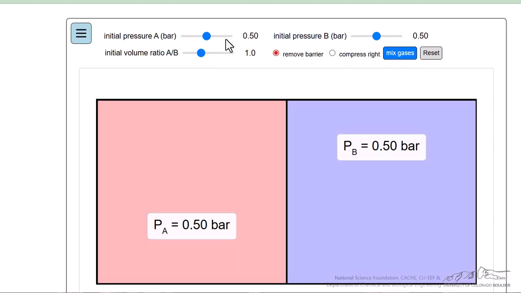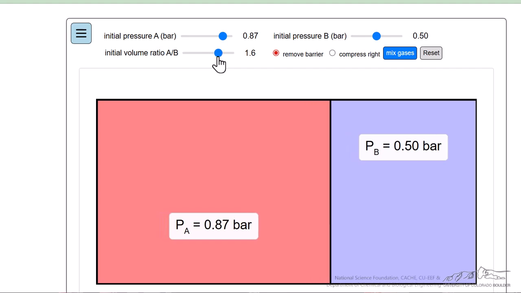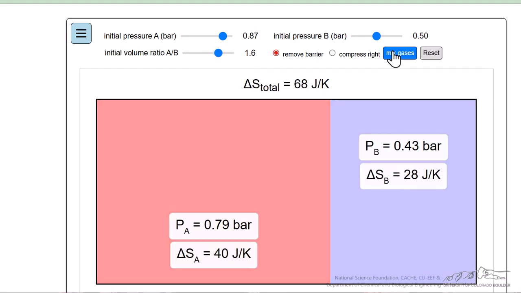Let's reset, and let's make the pressure of A significantly higher than the pressure of B. Let's also change the relative volumes. Now, if I mix the gases,